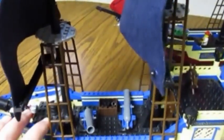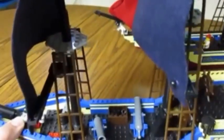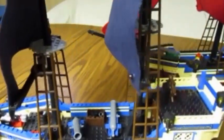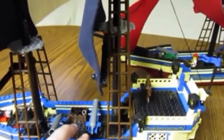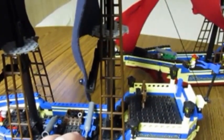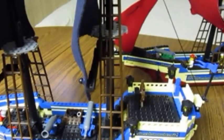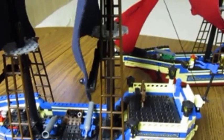But as of now, it is the pride of my bluecoat armada, because I do not own the Caribbean Clipper, which is the only bluecoat ship to date. So again, if you want a bluecoat ship, you have to go get the original one, which they are fairly expensive. You can find some deals on them, but